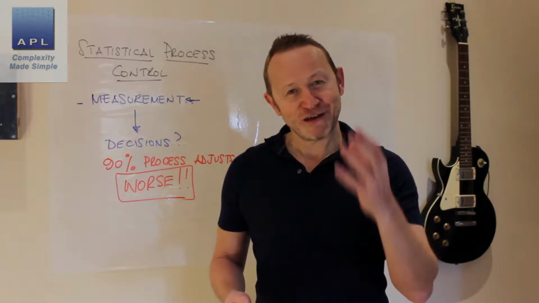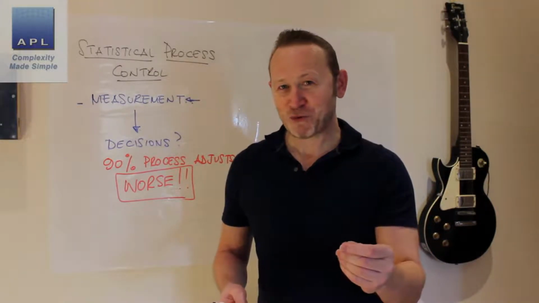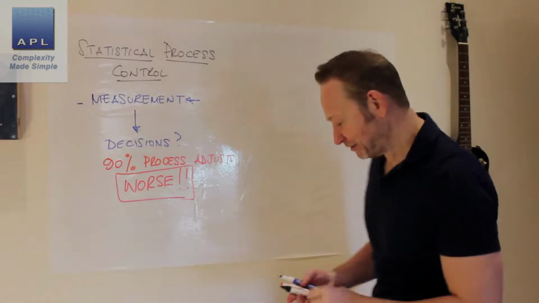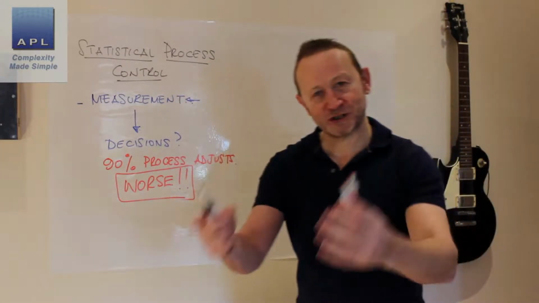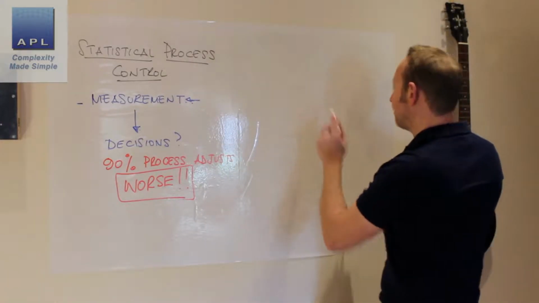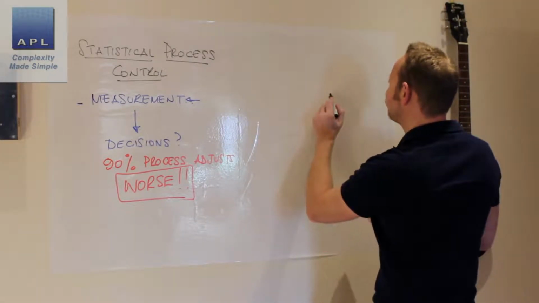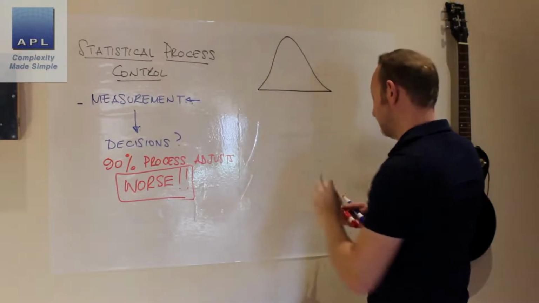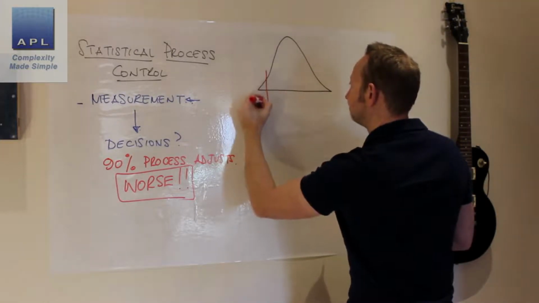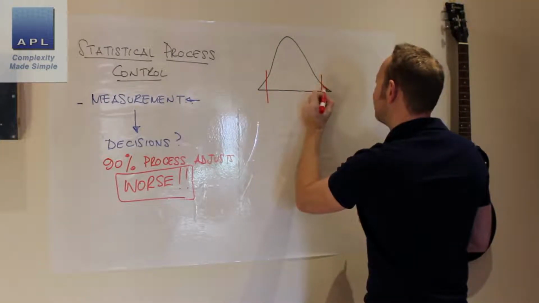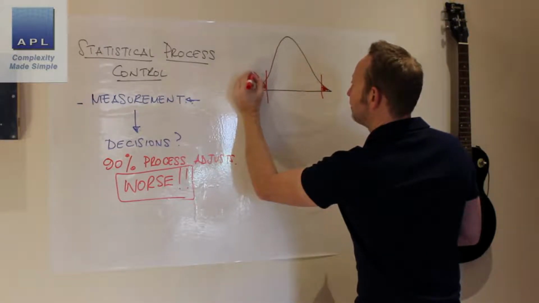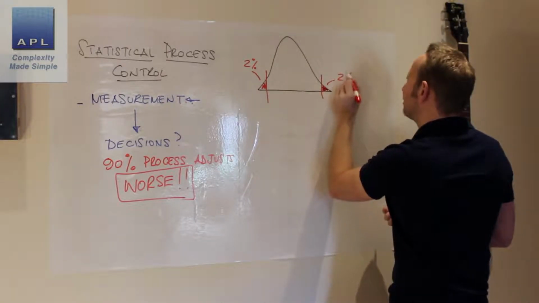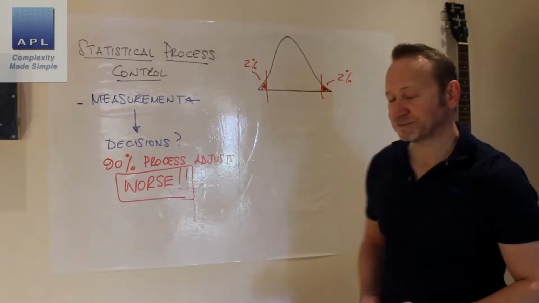Now, by the way, that's not what you see. That's not what the operator sees. So let me show you what's going on and why you need this thing. Imagine you're running a manufacturing process. The process is going to generate a distribution. The distribution is going to look like this. Out in the tails, so we haven't quite got capability here. Out in the tails, let's say we got a 2% defect rate out in the tails.